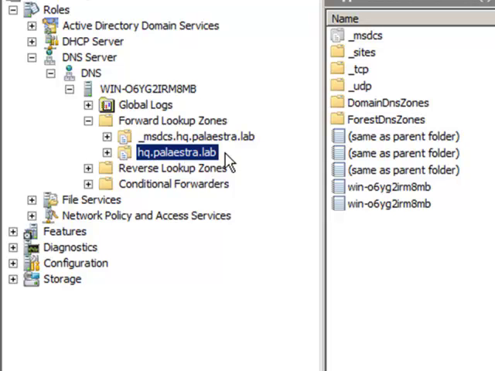Because I'm using this .lab as my top-level domain. My domain name is Palestra. My subdomain is HQ. So it's subdomain HQ on domain name Palestra on top-level domain lab. So this is an internal namespace. I could not use this out on the internet because, well, .lab